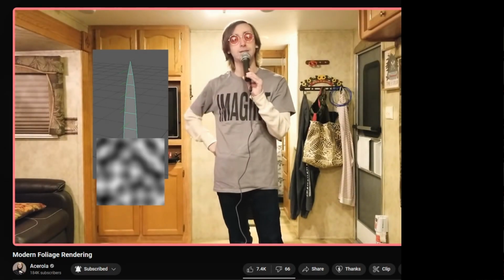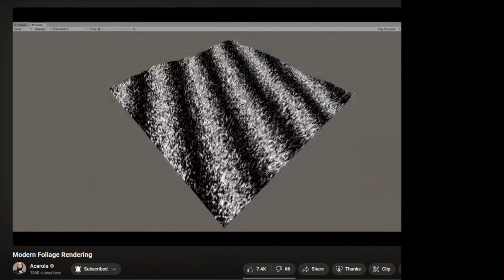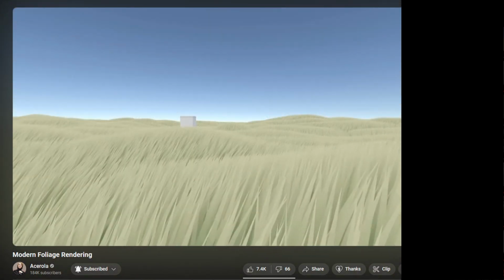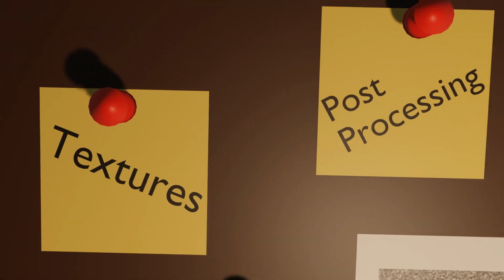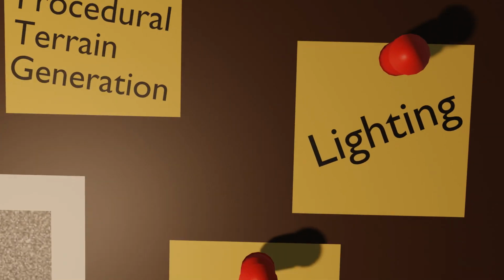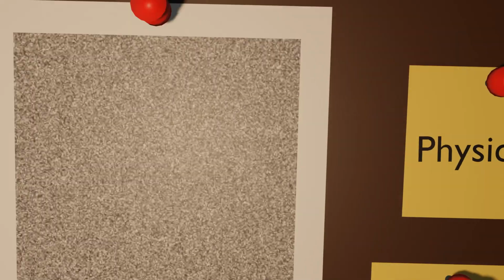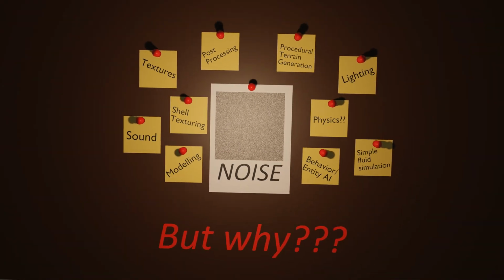We can also fake wind effects with noise. In Ace Rolla's video on grass, he goes into detail as to how he made it look like grass blades are blowing in the wind using sine waves and random noise. There are endless examples of noise being used in visual media. Once you start looking for it, you see it everywhere. It's an incredibly cheap and easy solution for simulating complexity, adding depth, and creating an immersive atmosphere.